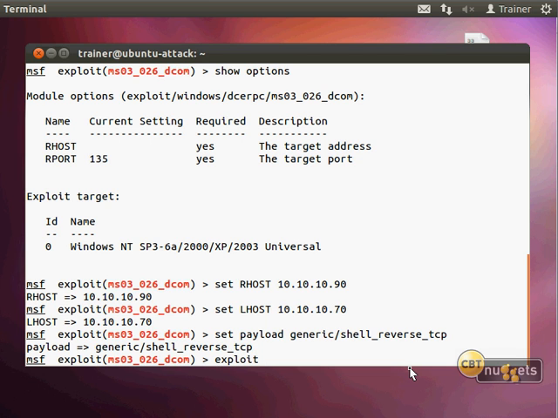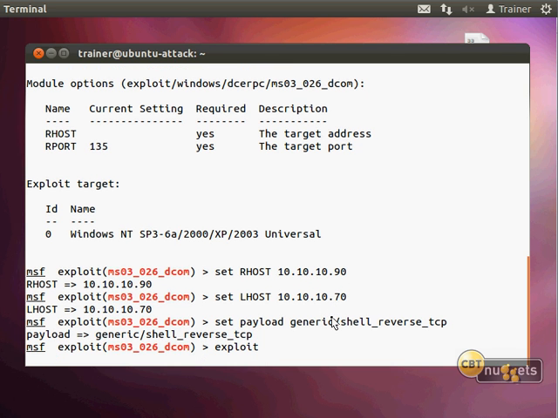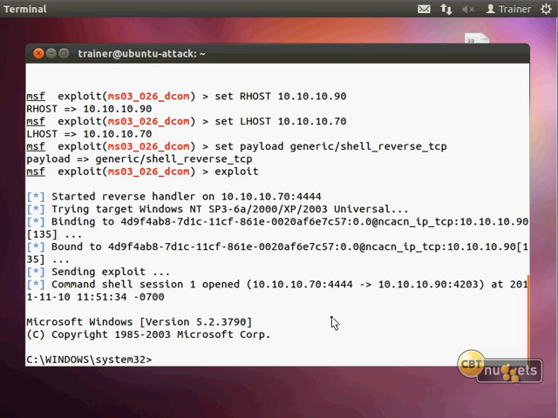The next command is I'm going to exploit this payload using this security weakness against this remote host from this local host. You got it? So I'll press exploit, and ta-da! Does that look familiar? What is my current operating system? Ubuntu. Okay, what does this look like? A Windows command prompt. I'm actually at a Windows command prompt on a remote machine, and I have system level privileges, so I can do pretty much anything I want to.